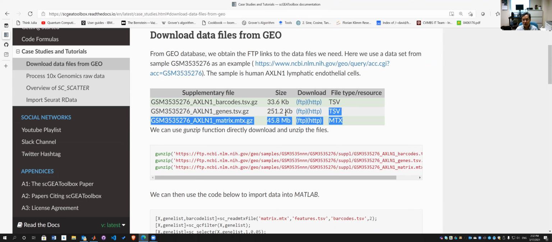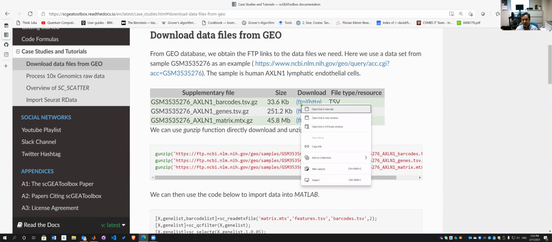Okay, so the matrix and the genes are the essential information we will need to prepare our X and G in order to load into the toolbox. So you have a visualization, you have an analysis. Okay, once we locate those files, we can